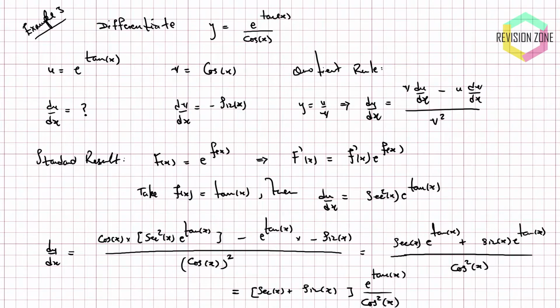So we have v du by dx, but our v is cos x, our du by dx is sec squared x e to the tan x. So we just have cos x times by sec squared x e to the tan x. That's the first part. The minus is obviously just carried over, and then we have u dv by dx, but our u is just e to the tan x, and dv by dx is minus sine x. So it's going to be e to the tan x times by minus sine x. And of course, the important thing here is the minus out in the middle and the minus to the far right combine. And the other interesting thing is the cos x and the sec squared x actually simplify to give us the sec x,